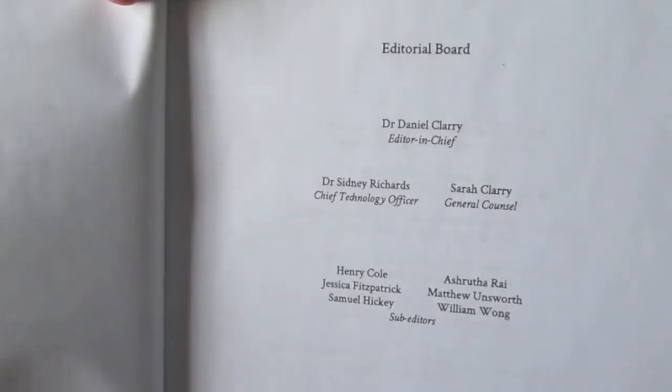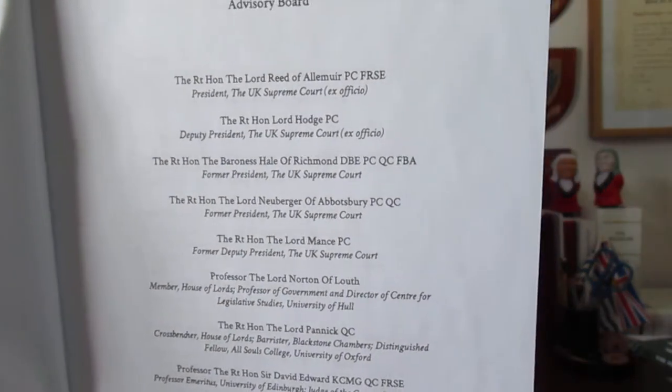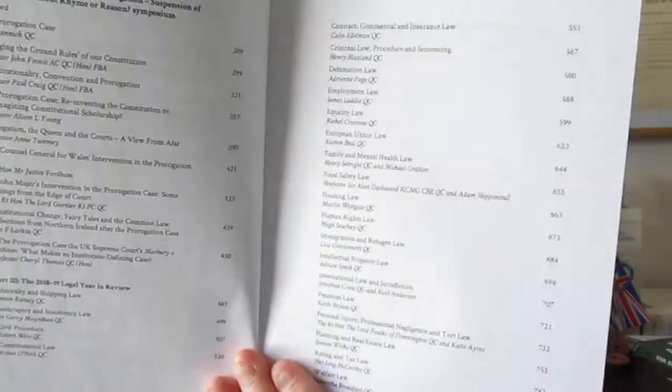There's the main page. You can see it lists a whole huge amount of information. There's a website and also an email address. The editorial board is set up there. Dr. Clary at the top, then a number of people underneath him assisting. Then there's the advisory board, some very well-known names there. And then after that you've got a foreword, which I'll say more of in a minute, from Baroness Hale, then an introduction, and then after that you've got the various parts, the commentaries and reflections running through various articles as well,